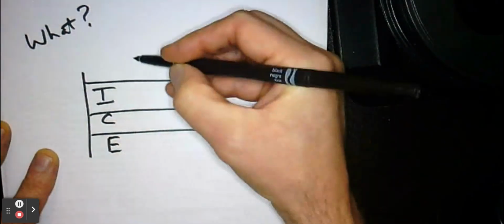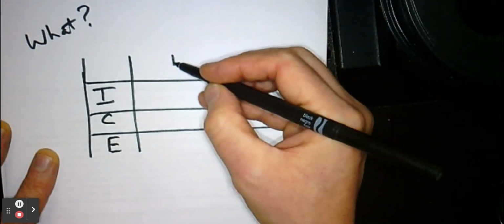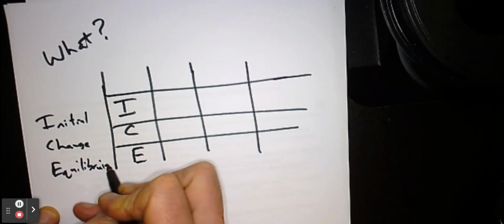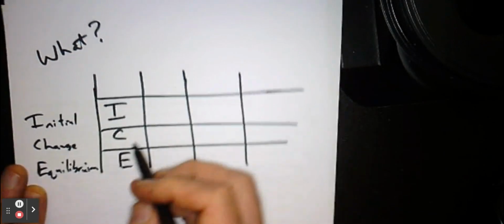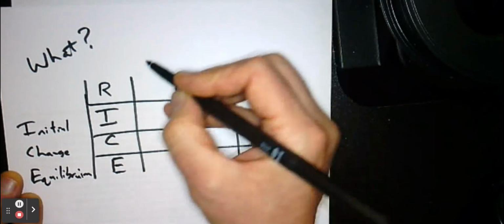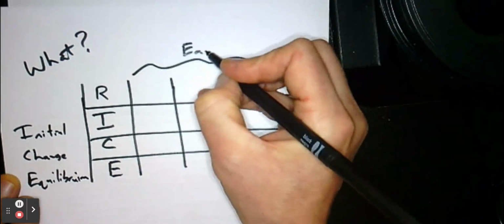So this is what they are. It's a table where down this side you write I, and I stands for initial, C stands for change, E stands for equilibrium. I spelled equilibrium wrong. Now, sometimes they're called RICE tables because some people put an R, and you put the reaction or your equation here